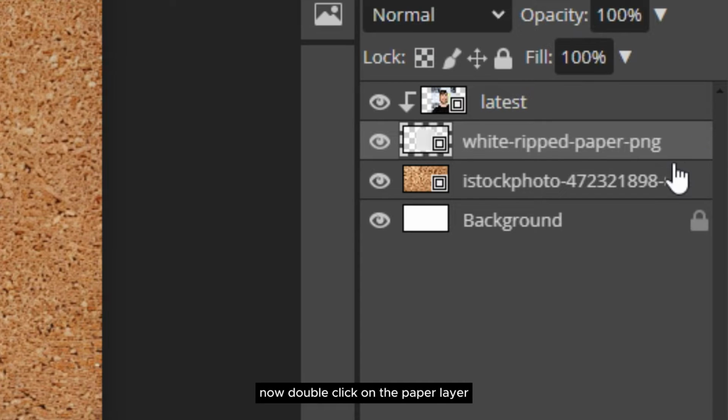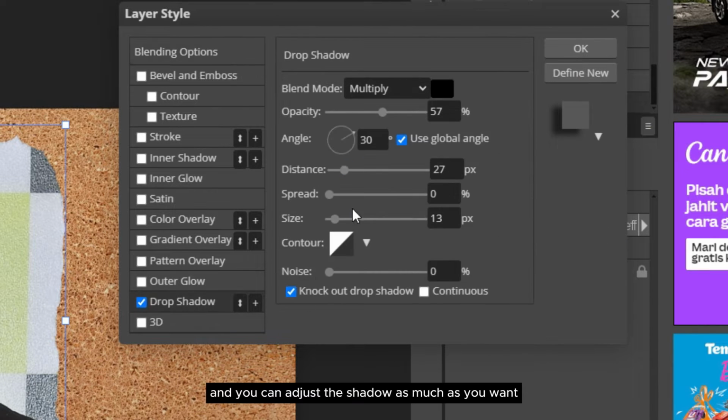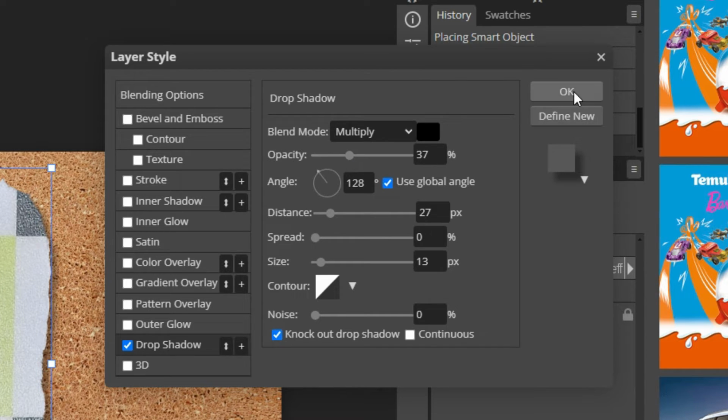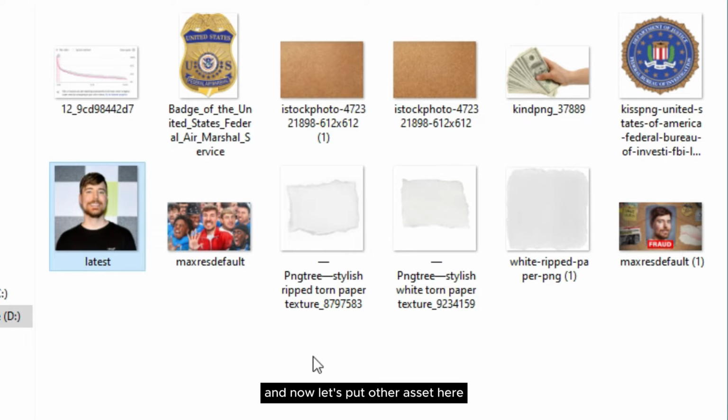Now double click on the paper layer and check the drop shadow, and you can adjust the shadow as much as you want. And now let's put another asset here.